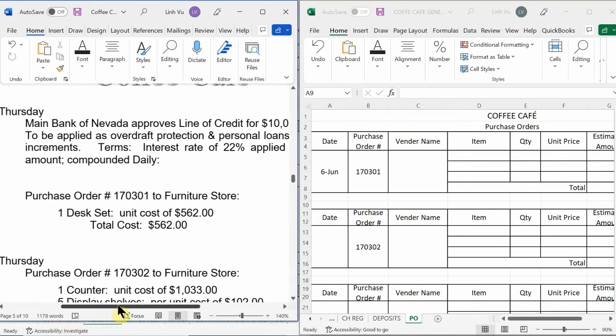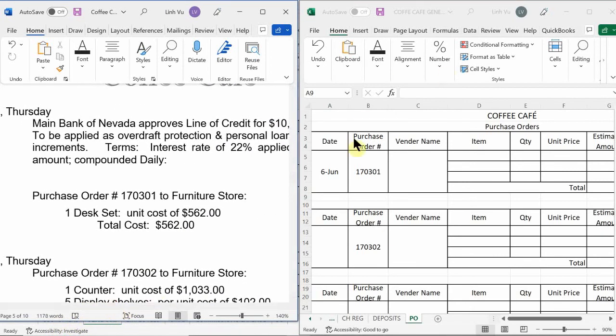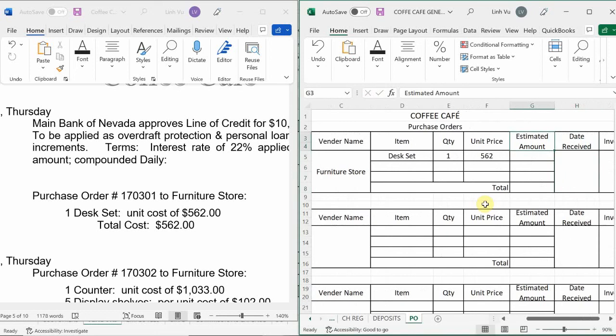Okay. We're going to order one desk set from who? Who's going to be our vendor? Furniture store. Okay. What did we buy? Desk set. How many? One. And how much did they quote me for? $562. So therefore, your total amount should be